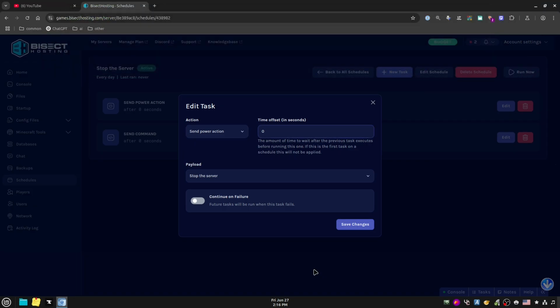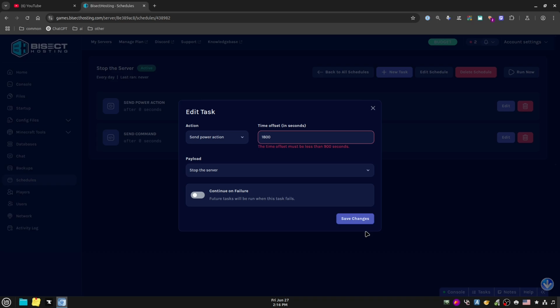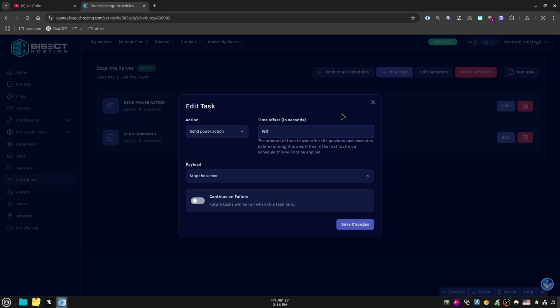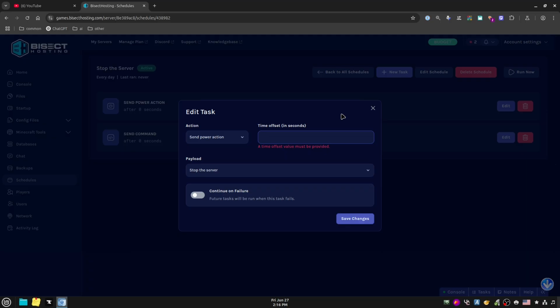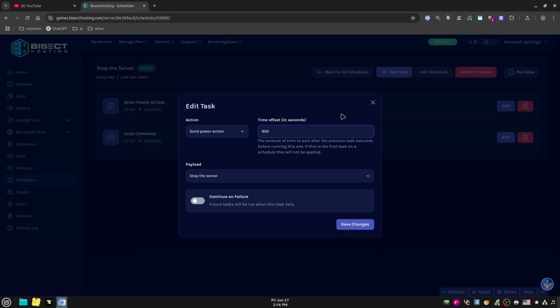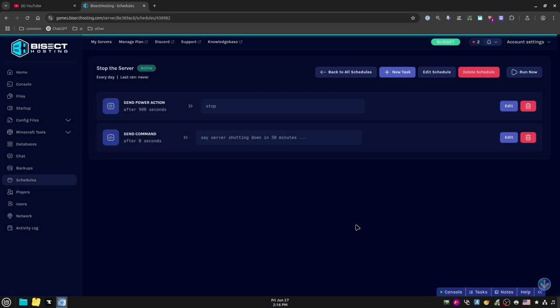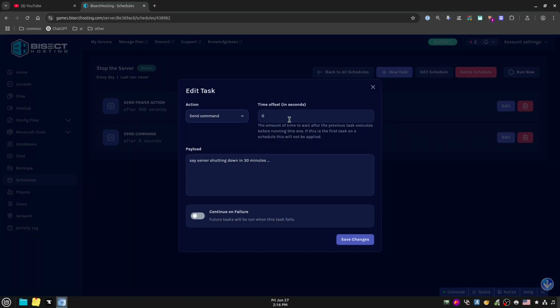1800 seconds. So the power action will be sent in... oh great, so we're limited at 900 seconds. So the farthest out you can actually go is... so the power action will happen in 900 seconds. And then we can say server shutting down in... since 900 is half of 1800, we can say it's 15